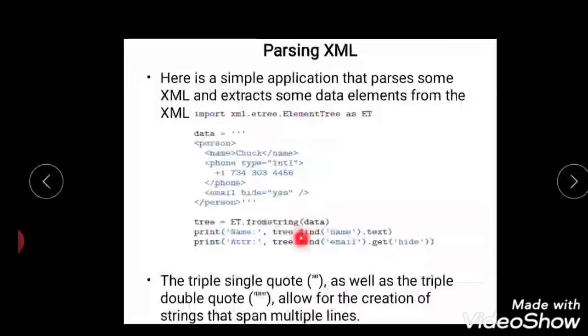Next to that you can see a find function. This searches through the XML tree and retrieves the element that matches the specified tag. Here the tag is name, which I have passed. It is going to search throughout the element tree and retrieve the name. I have only one name chunk, so as a result of this first line I get the name chunk.